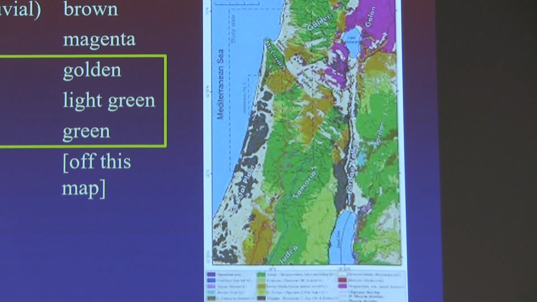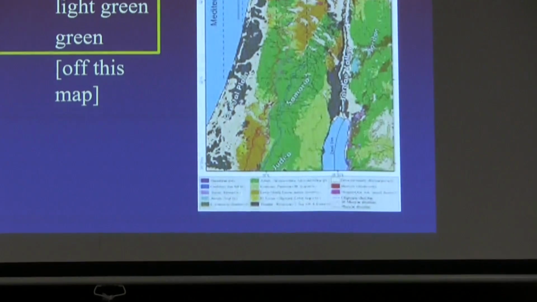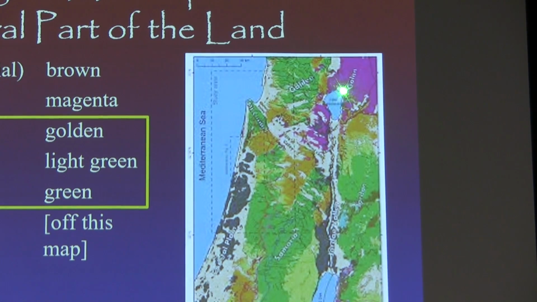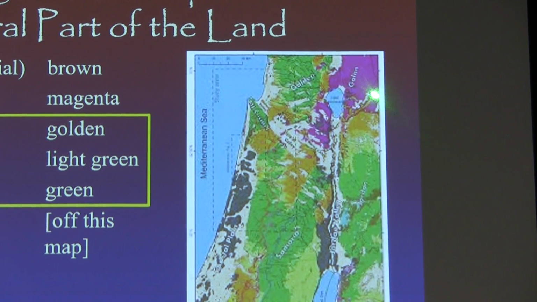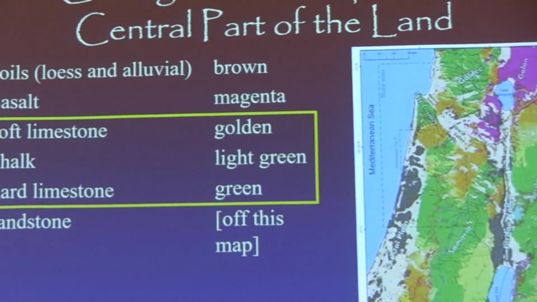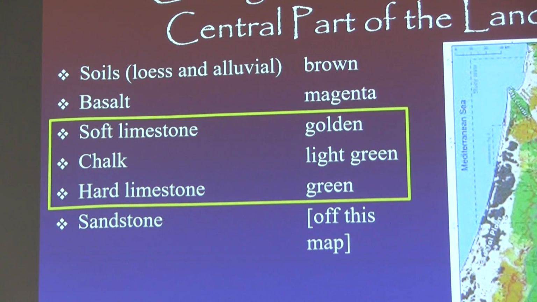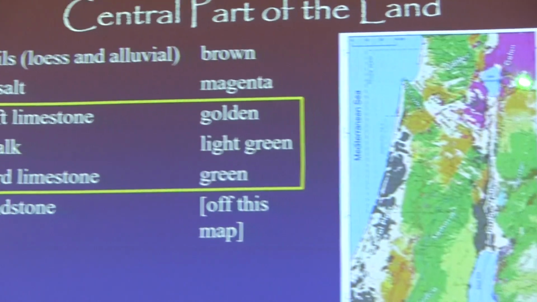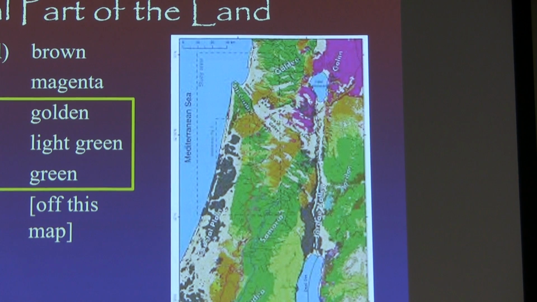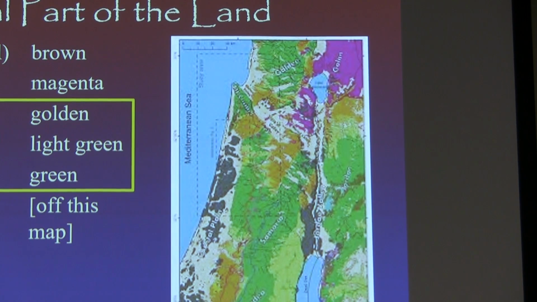So no sandstone on this map. It's going to be primarily down here, but we do have this brilliant magenta color up here. That's representing the basalt. Where are the volcanic cones? Well, they're right about in this area. Some of them are in the Golan Heights area that's controlled by Israel right now. The Israeli military has the kind of equipment stashed in those volcanic cones that you can read a newspaper in Damascus, they tell us. But it's a great defensive area. Some of the cones are in Syria proper, right over there.